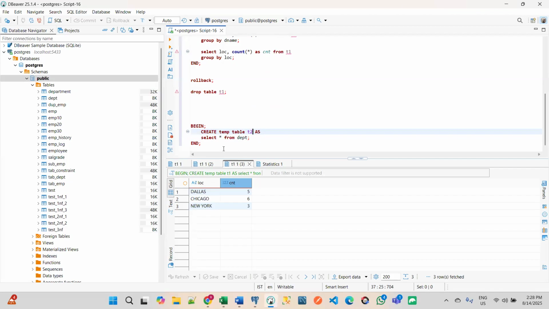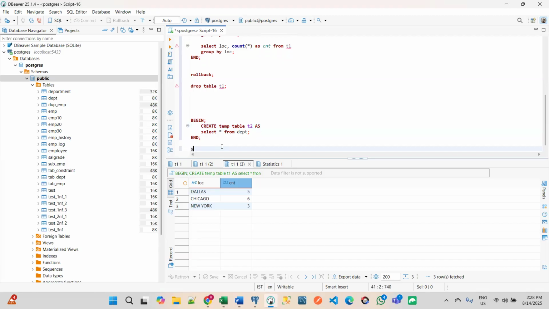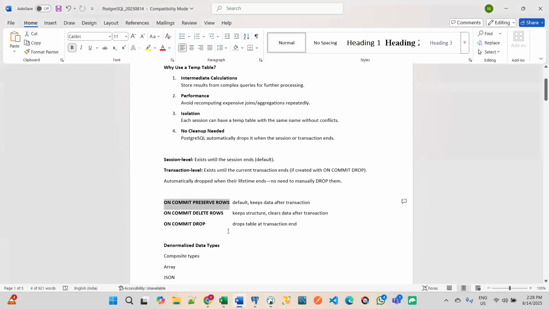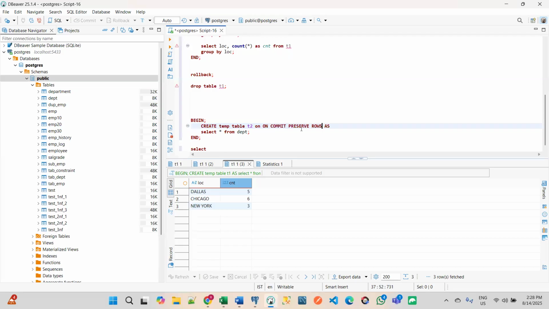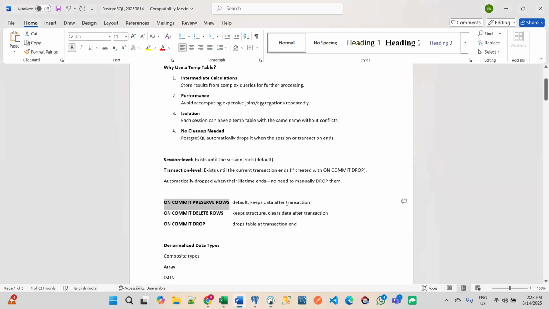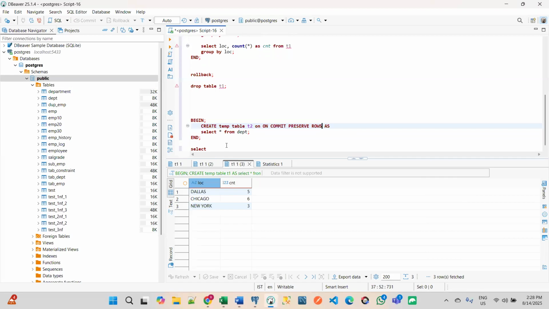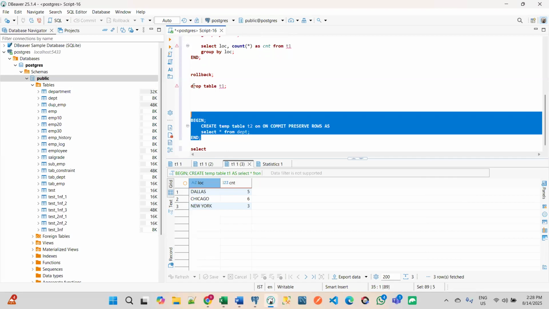Okay, and select here on commit preserve rows. So it is default behavior. That means keeps data after the transaction. Okay. So here, if I execute it,